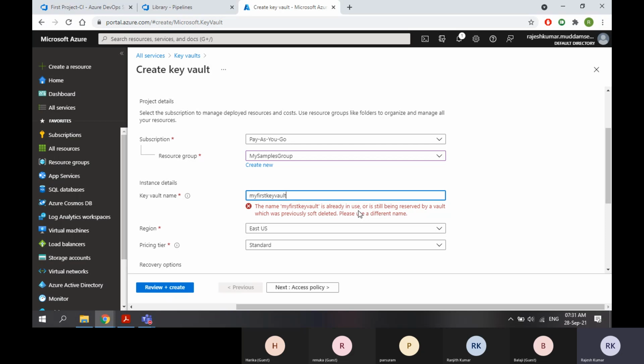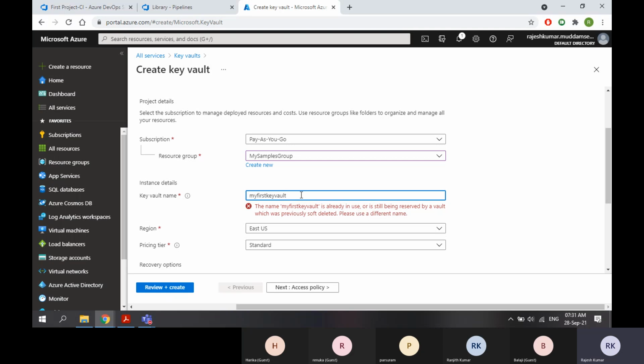Microsoft will not allow repeating the same name, because I am a public cloud provider and I allow anybody to log in and create their own key vaults. If they are using private cloud services, they can create, but we are public. Microsoft Azure is public. This is not in my data center and I am not managing this.